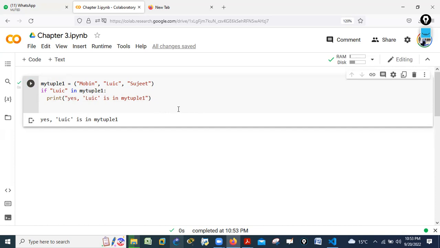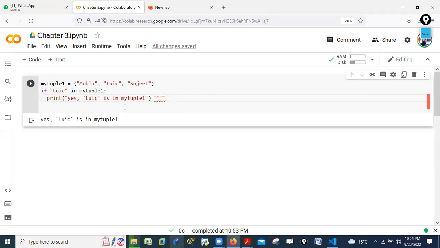Whenever you want to define a string, you define it between these two quotation marks, right? So you cannot use two quotation marks again inside the string. Correct. This is important, you have to keep this in mind. You can use the string only once, whether in a string or list or tuple or dictionary or anywhere. Here I just wanted to check whether Louis is available here or not. For example, if I want to update my tuple,